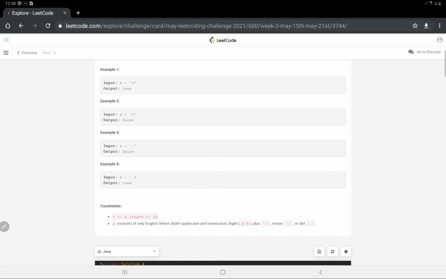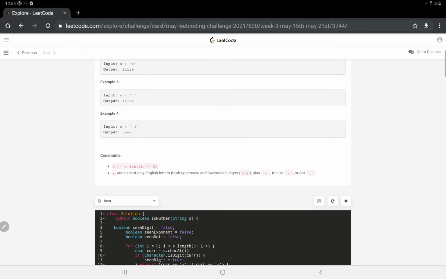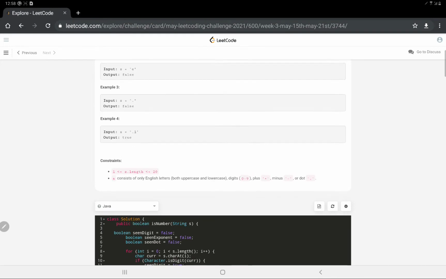Yeah, one such thing is that, it only contains uppercase, lowercase, digit, plus, minus, or dot. So I don't think they have written space, so we won't be looking for blank spaces. We don't need to trim, I think. The length is given, and it would contain the characters uppercase, lowercase, 0 to 9, plus, minus, dot. Alright, these are the special characters we would be checking for.